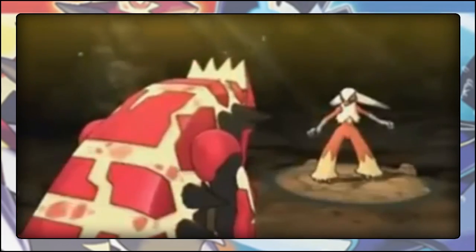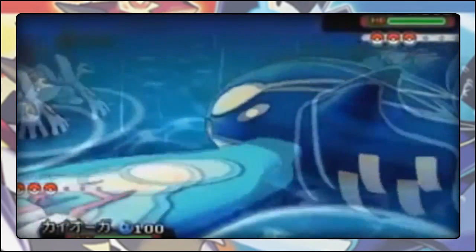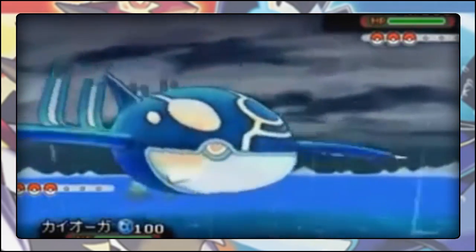On the surface, it is obvious that Kyogre has the type advantage over Groudon, possessing a water type over Groudon's ground type, and once undergoing Primal Reversion it gains a fire type, so Groudon has a huge disadvantage when it comes to typing. But that's not all this comparison will look at. We're going to take a look at how they fare in battle against other Pokemon in the main story, competitively,